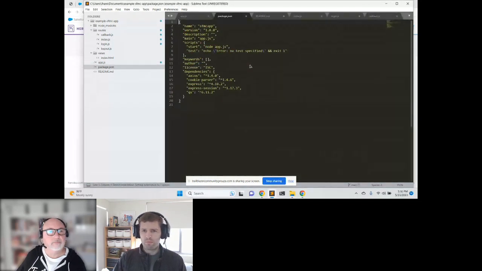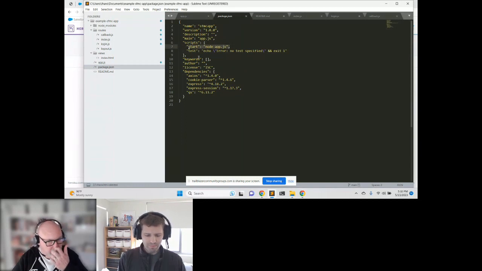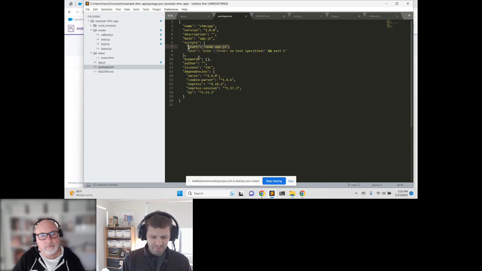If anyone's not familiar, it just provides some metadata and information about your application that is utilized to help build it. So the most important pieces here are the scripts to start. This start script will tell Heroku when we deploy the application what command to execute to actually start the application. So it will start it with node app.js, which just fires off the app.js file and will kick off